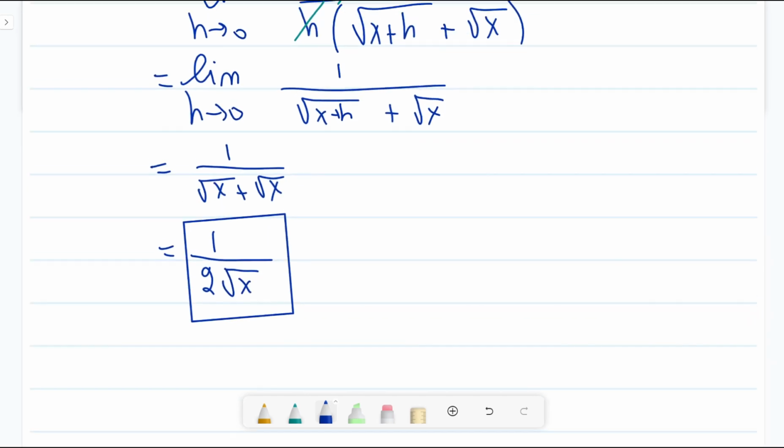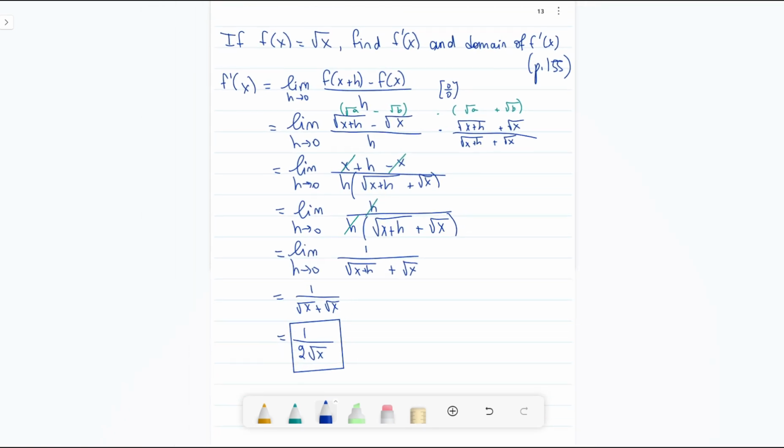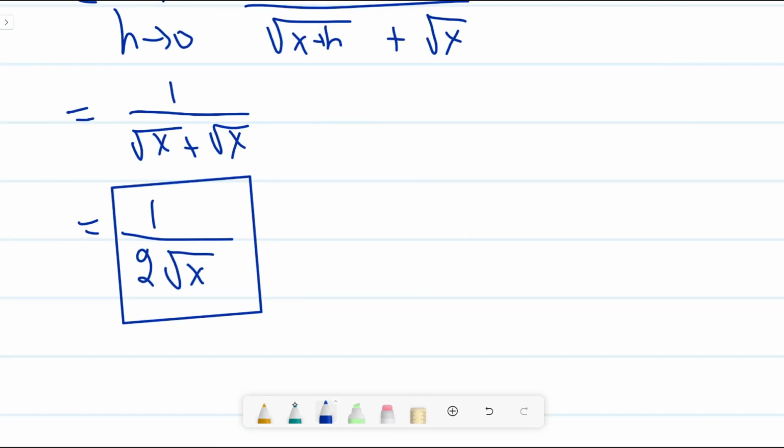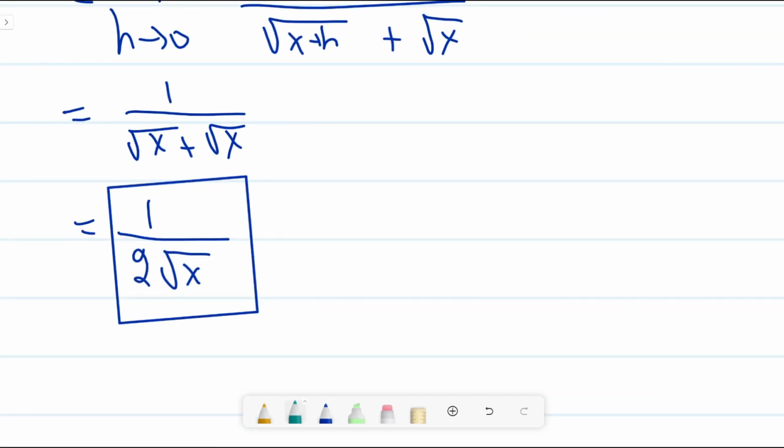1 divided by 2 square root of x. So, let us find the domain of f prime of x. So first of all, let's look at what we have. We have a square root. One thing to note about square roots is that what's inside the square root has to be greater than or equal to 0. Also, 2 square root of x is in the denominator, so it has to be different than